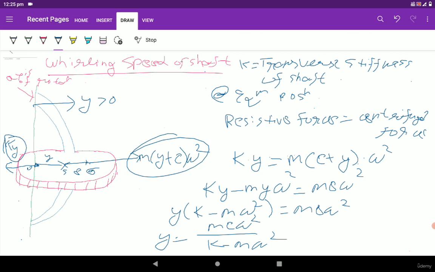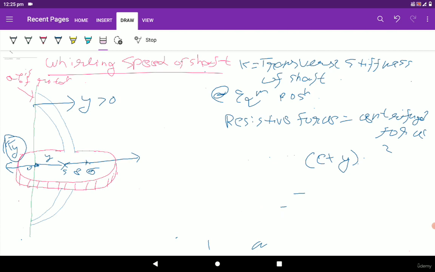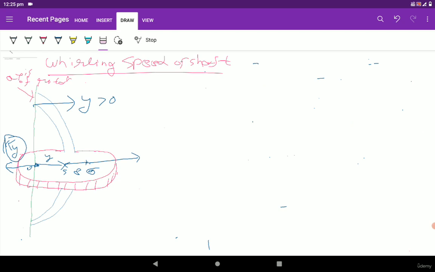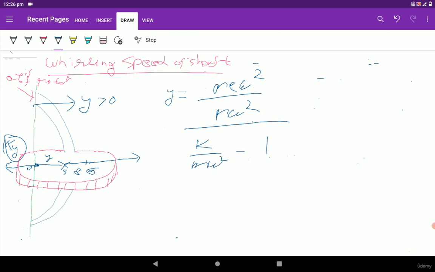Now dividing the numerator and denominator by m omega square, we get y equal to e divided by k by m omega square minus 1, and after further simplification we get y equal to e upon omega n by omega whole square minus 1. So this is the equation of our interest,